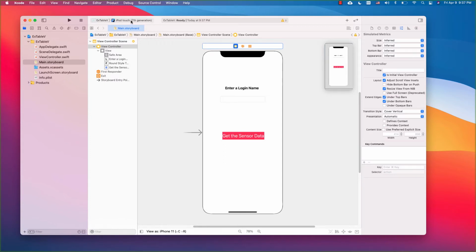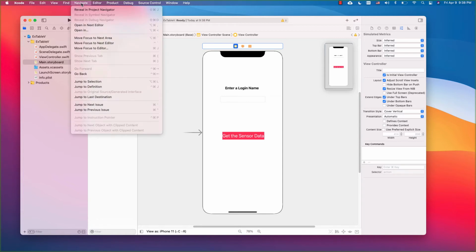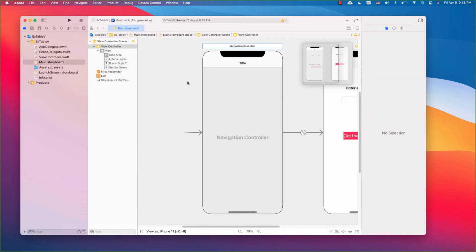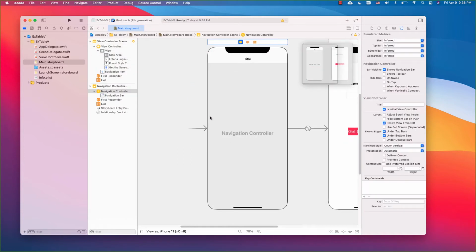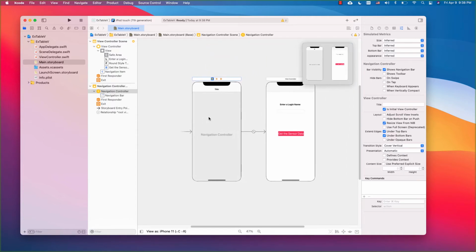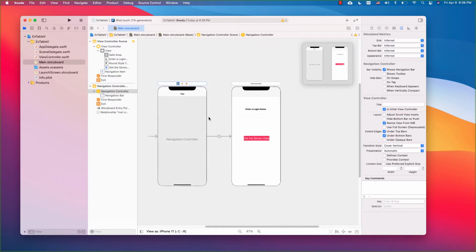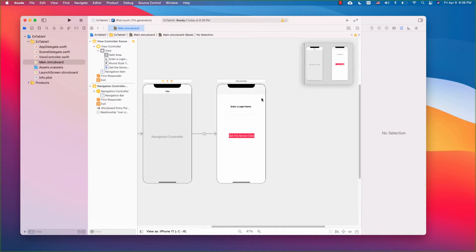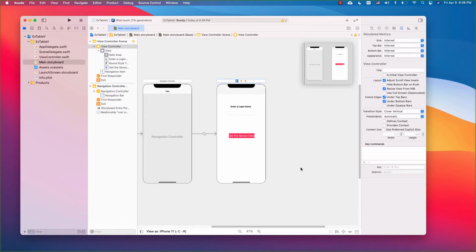I click this, and if we go to Editor, then there's Embed In, and then we will get Navigation Controller. Okay, so very nicely we have this navigation controller. And then we'll have another view controller. Then we can come back here,